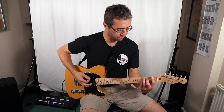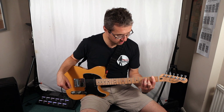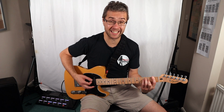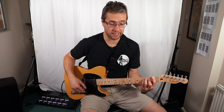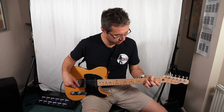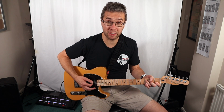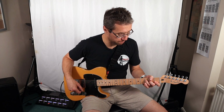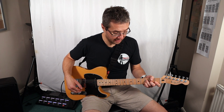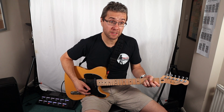So we've got an F major bar chord. Bar the first fret, all 6 strings, third finger, 3rd fret A, pinky 3rd fret D, middle finger, 2nd fret G. We've also got this version of the main riffs. So 3rd finger, 3rd fret D, middle finger, 2nd fret G, 1st finger bar the 1st fret B and E strings. Then you've also got an F sus4 by adding your little finger on the 3rd fret of the G,